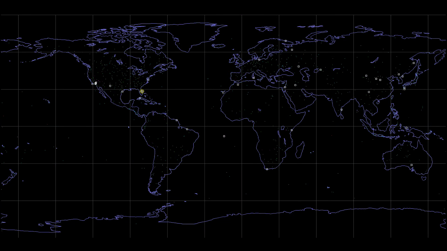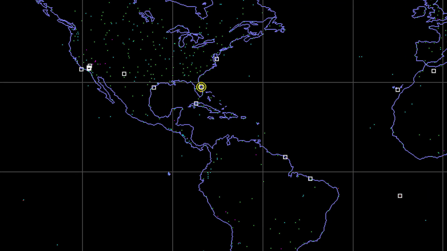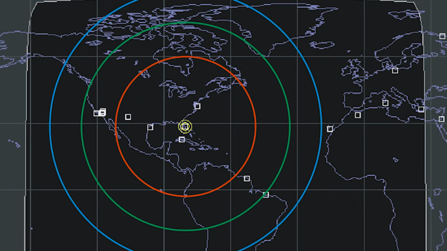So we know that the map MFD here has the grids on it, in which the whole world is broken up into these grids that we use for the longitude and latitude coordinates. And one of these boxes, Cape Canaveral, currently sits toward the top end of a box that encompasses the Caribbean Ocean, part of Central America and South America. That entire box, from one end to the other, is 30 degrees. So if you look at where Cape Canaveral is, and you look at where the red circle is, that looks like about 30 degrees.